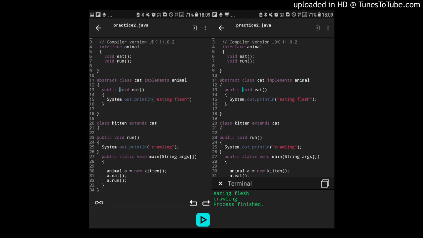And while inheriting an abstract class that has an abstract method in it, either the implementation details of that abstract method must be provided, or the class should be made abstract. You need to pause the video and listen to it very carefully.